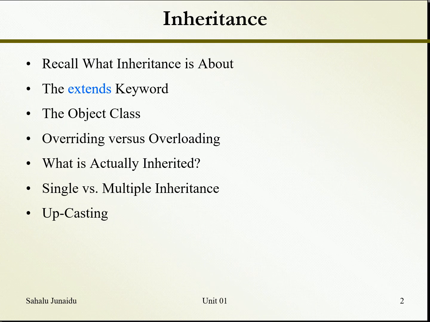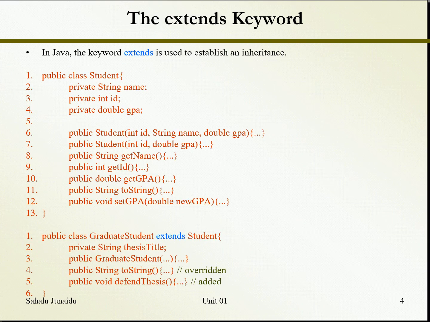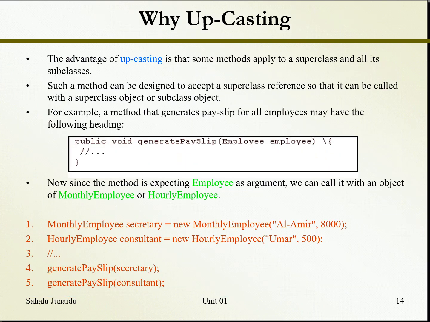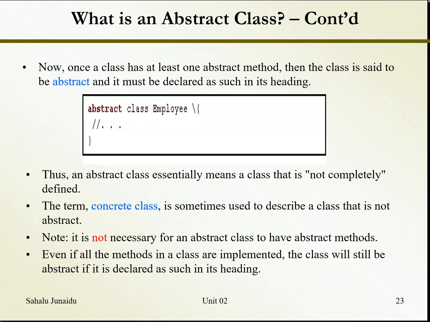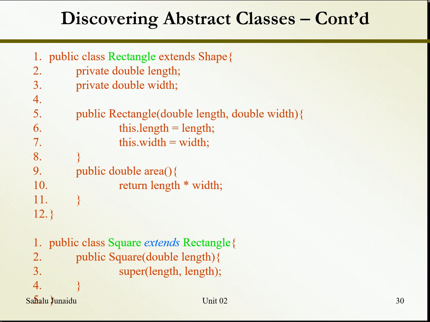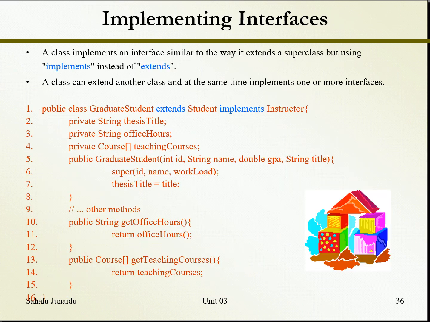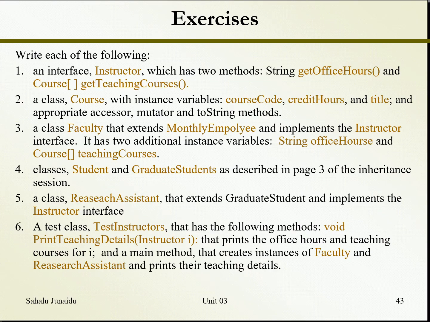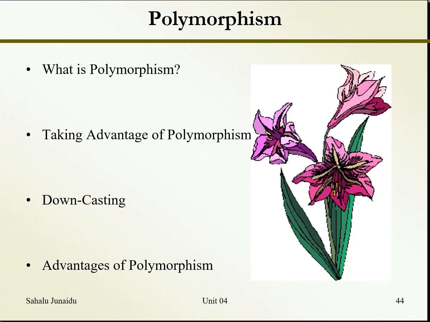So basically, this is it. Now, we say recall what inheritance is all about. So we move straight to polymorphisms. Okay, fine. So we see what polymorphism is, and like I said, many ways or many forms of